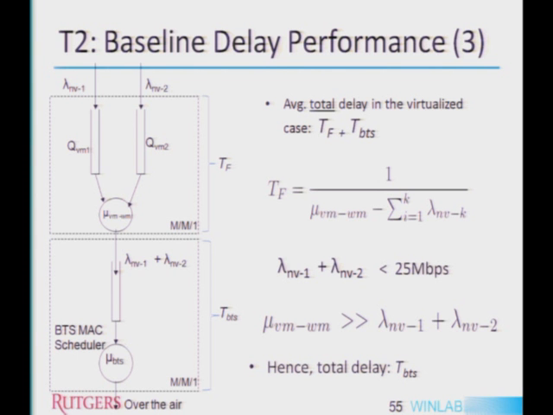Since this is a wired controller, I'm assuming that we have a gigabit wired controller, so you will have a very good service rate. So in this case, this delay is very small. The forwarding delay is very small, right? So what matters is the delay at the base station,